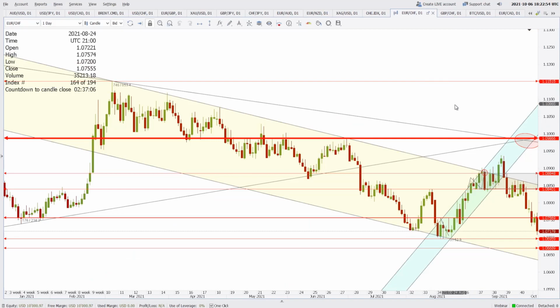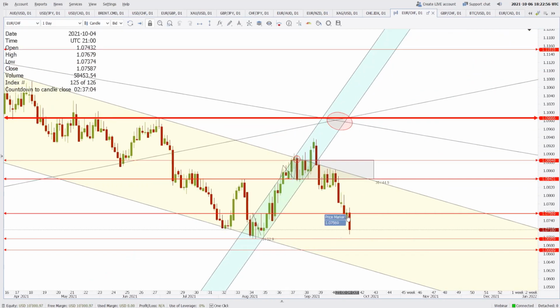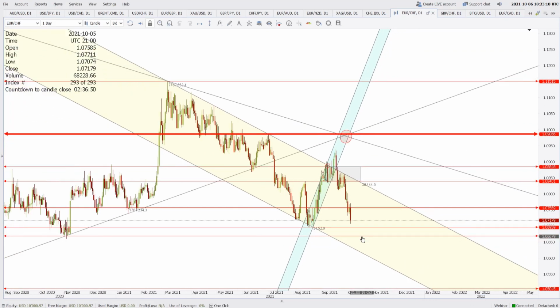Talking about the EURCHF, EURCHF is going to test 1.0695. Day before yesterday it gave a closing below 1.0756, and yesterday there was an inside bar. Today there was a break to the downside. 1.0695 is the next target, and if that is broken on the daily closing basis, then the next target that we are going to see in this market is